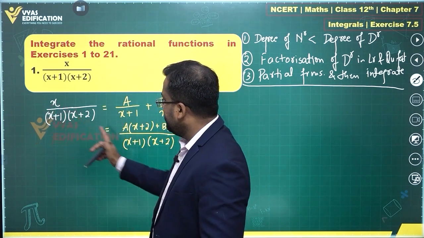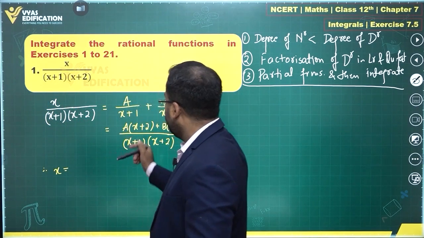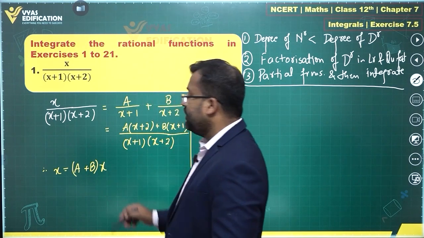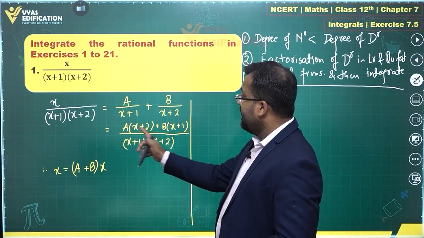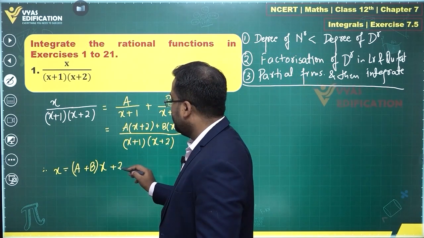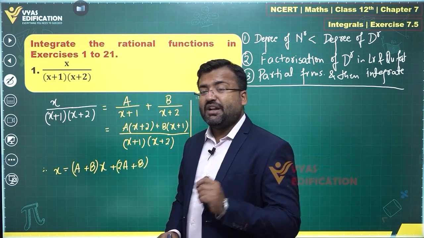If the denominators are equal, then the numerators have to be equal: x equals (a + b) times x. Do you observe the numerator over here on the right hand side? Yes, ax plus bx will be (a + b)x, and 2a + b will be extra. This is 2a + b extra, right? And by simple comparison,